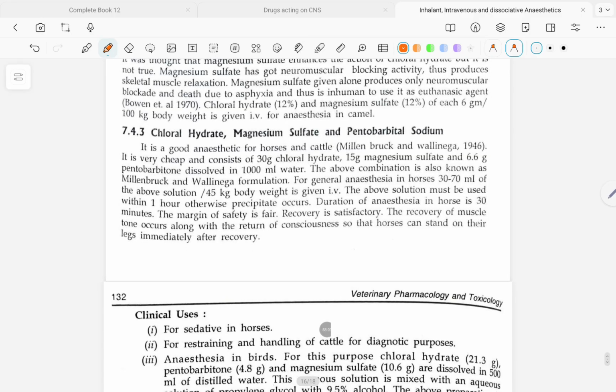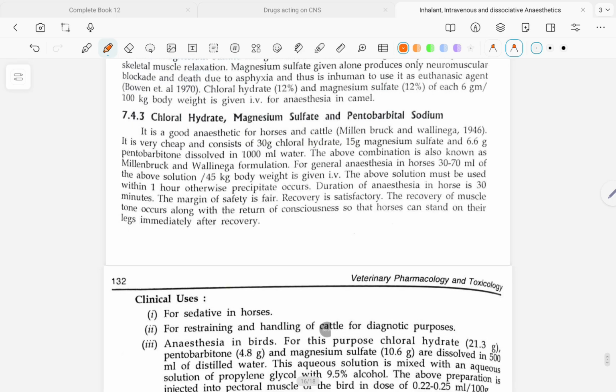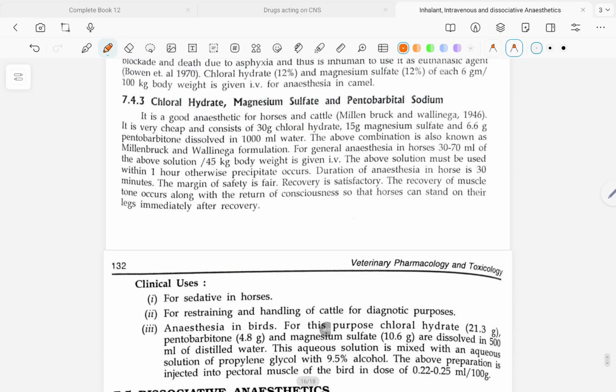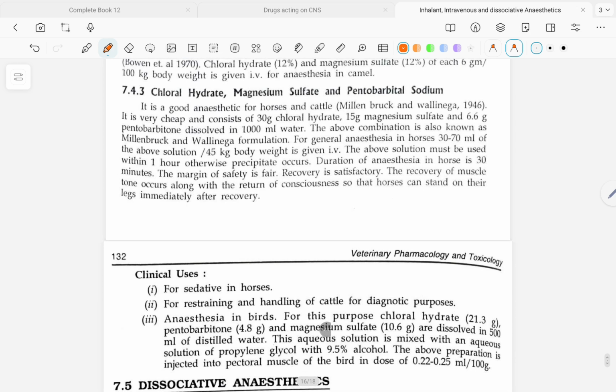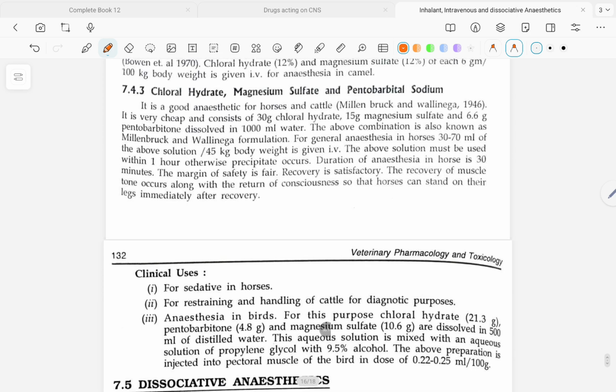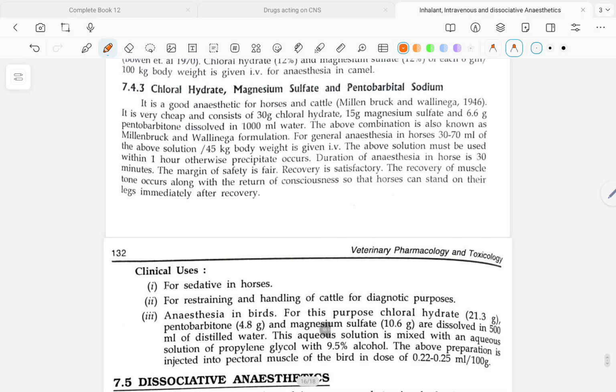The above combination is also known as Millenberg and Velinega formulation. For general anesthesia in horse, 30 to 70 ml of the above solution per 45 kg body weight